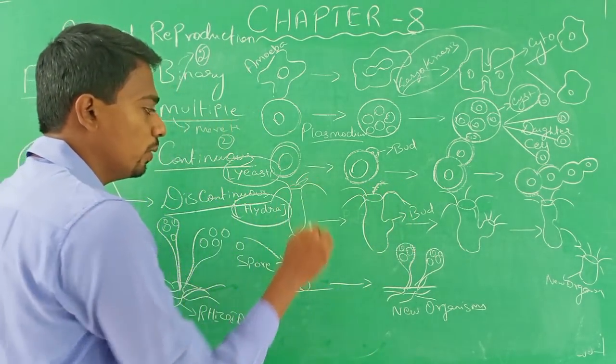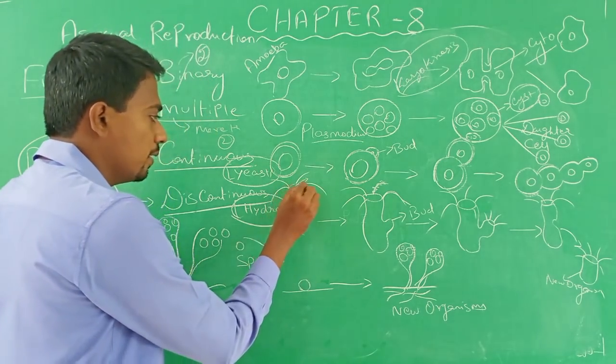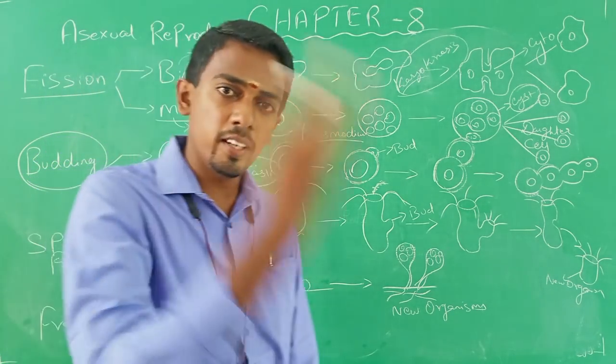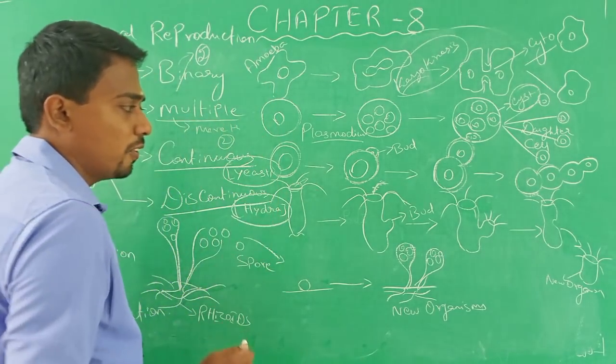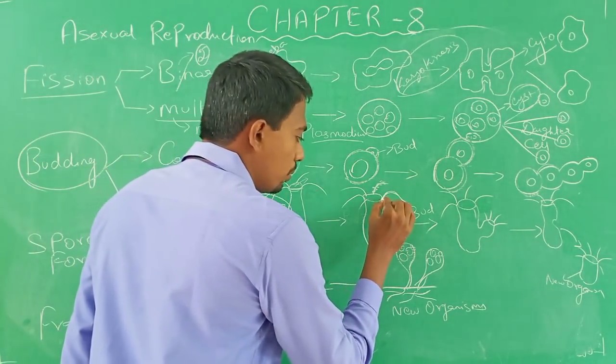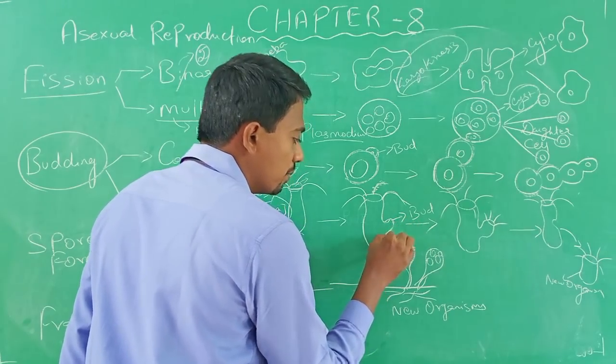And this is the mouth, and we know that Hydra don't have an anus. So it's an opening through which it takes food and it leaves out the waste through it. Yes? Once the Hydra prepares for its reproduction, it is going to have a small protrusion on the side that